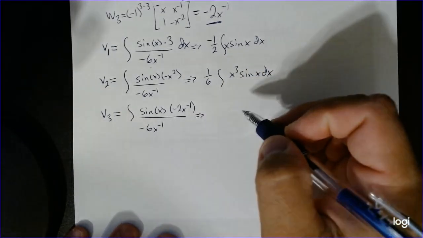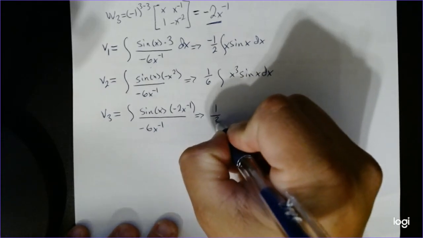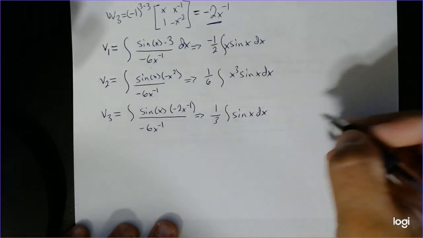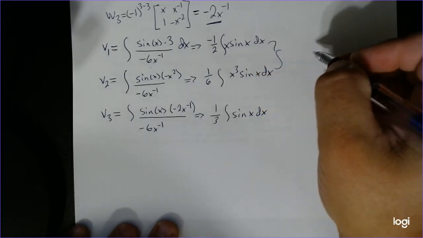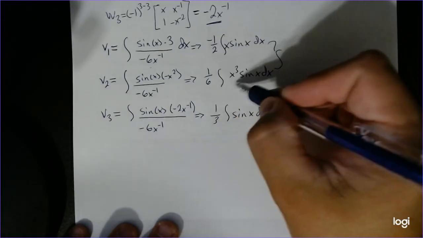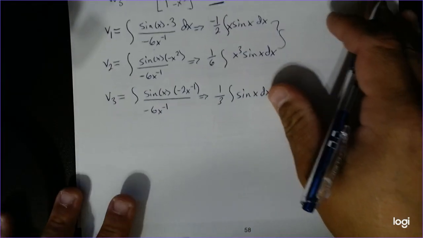The x's do cancel, which is nice. Negatives go away. So we now get 1/3, and we'll just have sine x. So these two, you have to do integration by parts for. The good thing is there's only one here. This is going to have to do a couple breakdowns of it. Okay, but eventually, when we end up getting